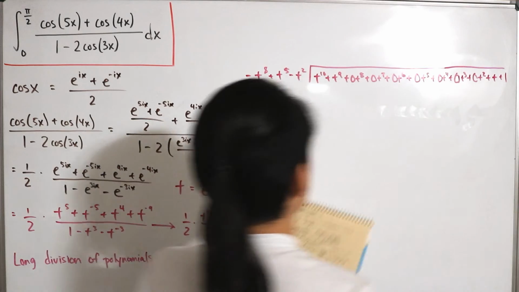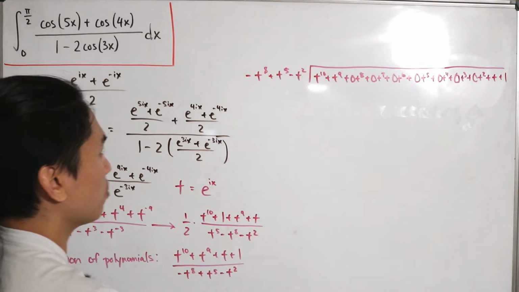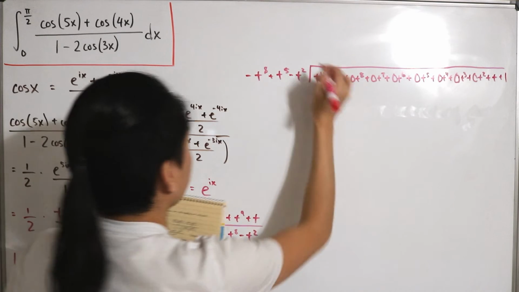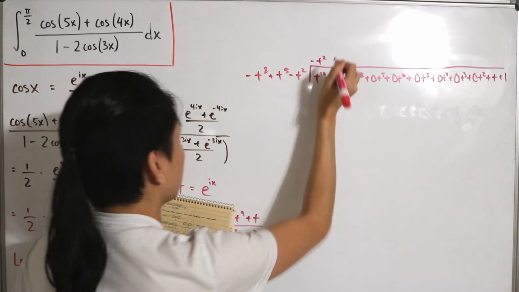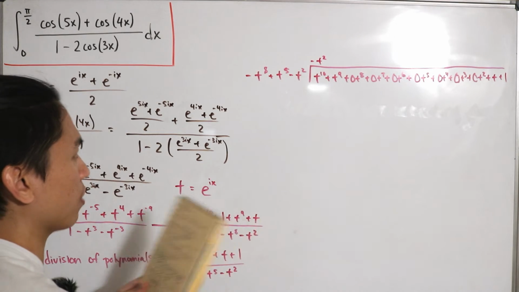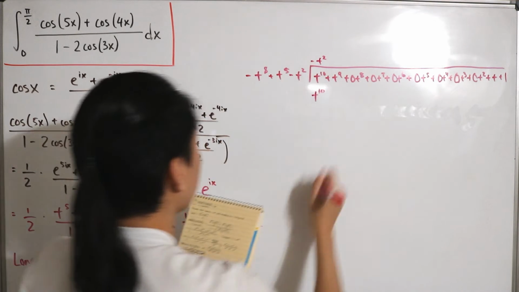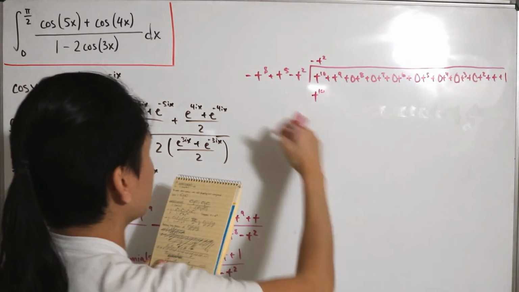And so I know that's a lot to take in, but don't worry about that. Now all we have to do is perform that long division. So let's say that over here we can multiply negative t squared into our divisor. That'll give us a positive t to the 10, and then multiply here, this will be subtract